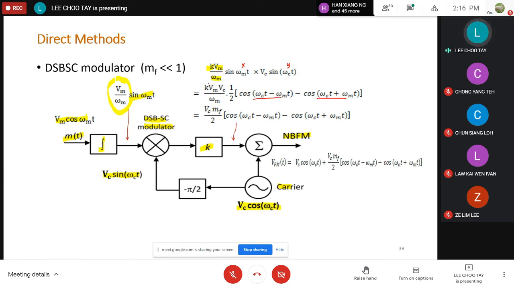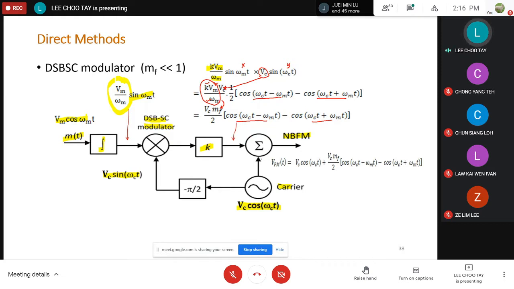All right, so here basically I collect the terms. I get this k vm omega m, and then this Vc I bring over because this is a constant, right? And then recall that k vm omega m basically is our modulation index, isn't it? All right, this will be the modulation index. So that leaves us with Vc and f over 2 multiplied with the two sidebands. So this is the lower sideband and this is the upper sideband, right?